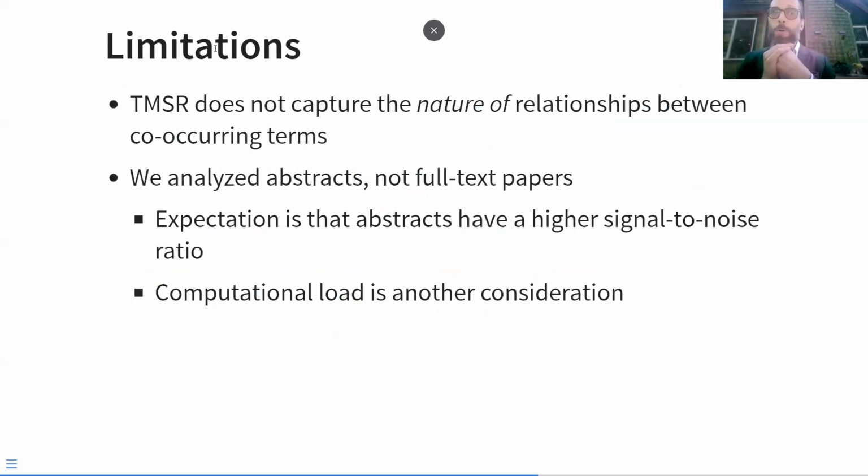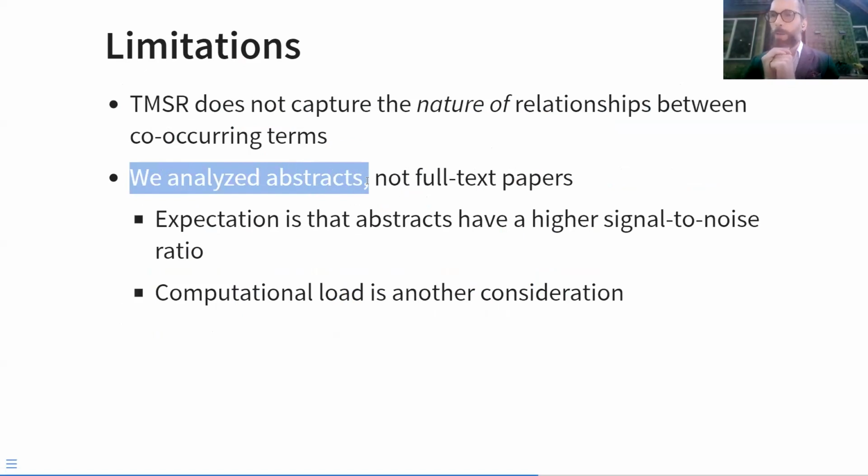But there are still limitations to this approach. Text mining systematic review does not yet capture the nature of relationships between co-occurring terms. So we know that people write about two constructs conjointly, but we don't know whether they think that there is a causal effect or a positive or a negative effect. We still don't know. Also, we analyzed abstracts for this analysis, and I think that's justifiable because abstracts are very focused, and an author puts everything they think is really important into the abstract, whereas the full text paper tends to be more noisy because there's more filler words. It also discusses things that are not directly related to the analysis of the paper itself,